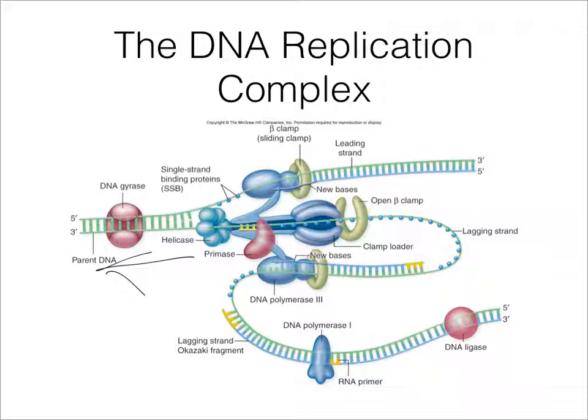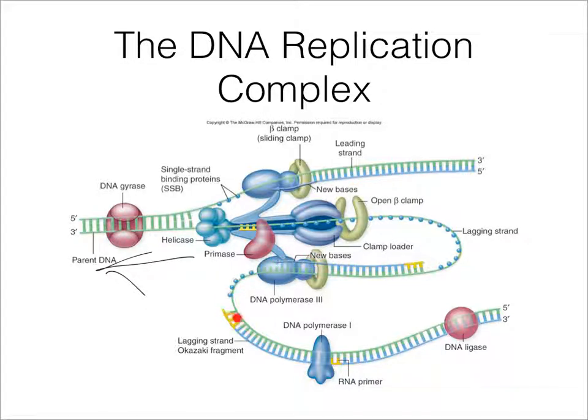Right? So if the green is going 5' to 3' this way, this green is going 5' to 3' this way. So you're synthesizing new DNA in this direction, and you're going to want to be synthesizing new DNA in that direction on this other strand. So you have to loop this big bit out and around so that you've basically got it twisted and facing the right direction. And you have your clamp, and you have your enzyme, and now you're making a new Okazaki